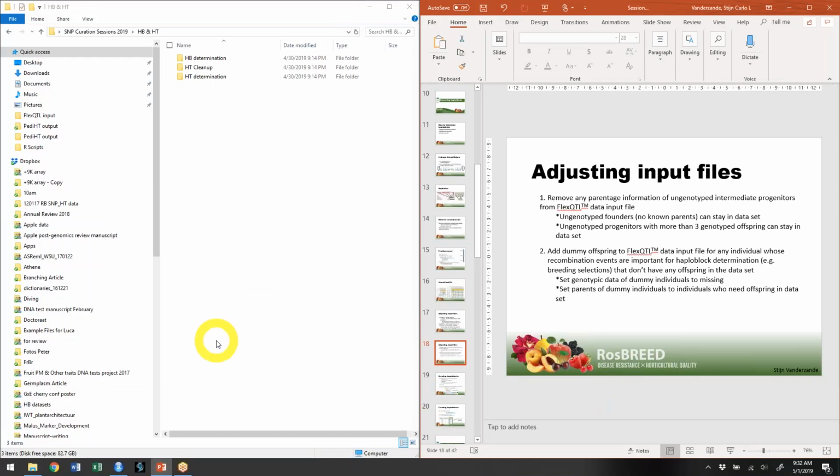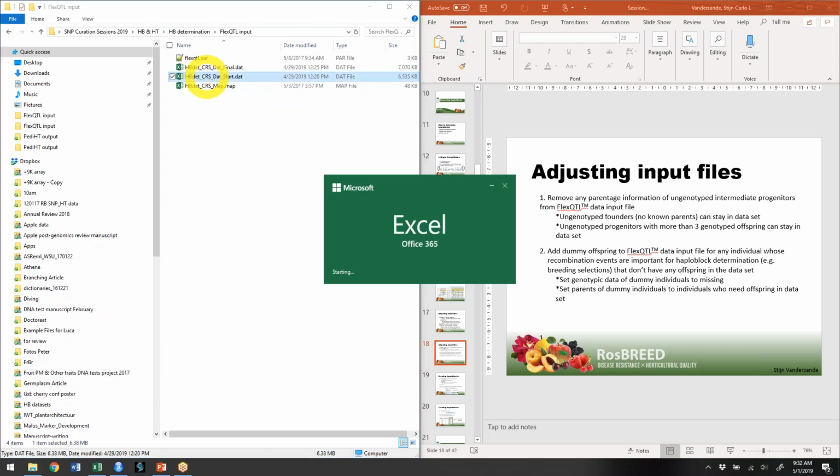So how do we do that? I've shared some files with you in the haploblock determination folder, because we're looking at how to know which markers to group. So we're determining our haploblocks. There are some FlexQTL input files, and in those I have two data files. One is the start one, the one that we would start from after checking all our double recombinations, and when we figured out that our data set is good enough to go on to haploblocking and haplotyping. So if I open that file,